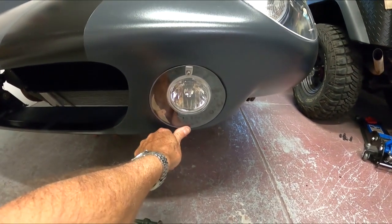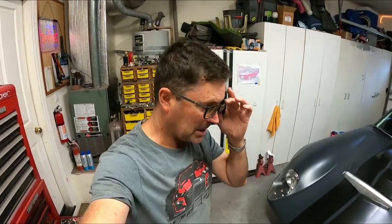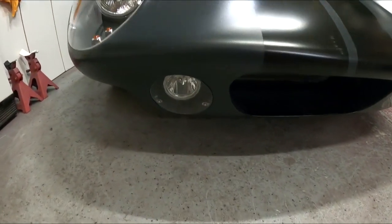I mean, as I said, once I get the other ones in, it'll suck that in, and this thing will be nice and flush all the way around. So the lights are all done. Show you what I've got. The covers. As you can see now,